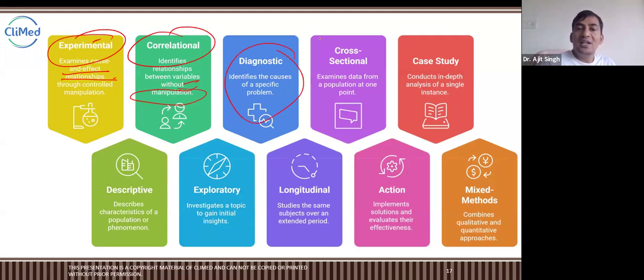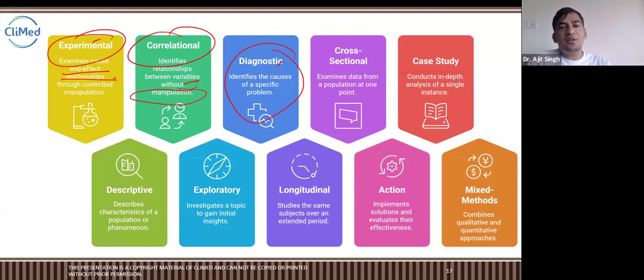Diagnostic means these are defined only for diagnostic purposes, like diagnosis of any disease, or diagnostic biomarkers, diagnostic tools or diagnostic procedures. So the studies which are designed only for diagnosis are called diagnostic designs, and those designs are quite different from the normal designs,